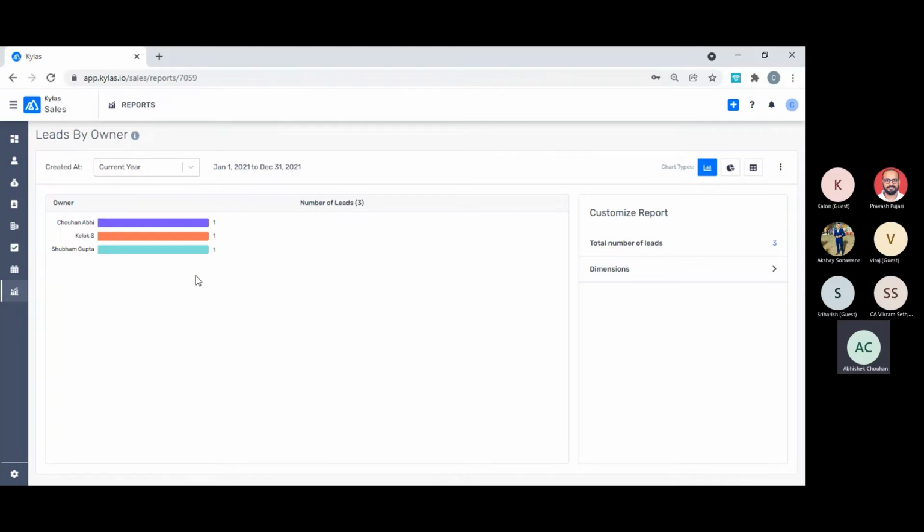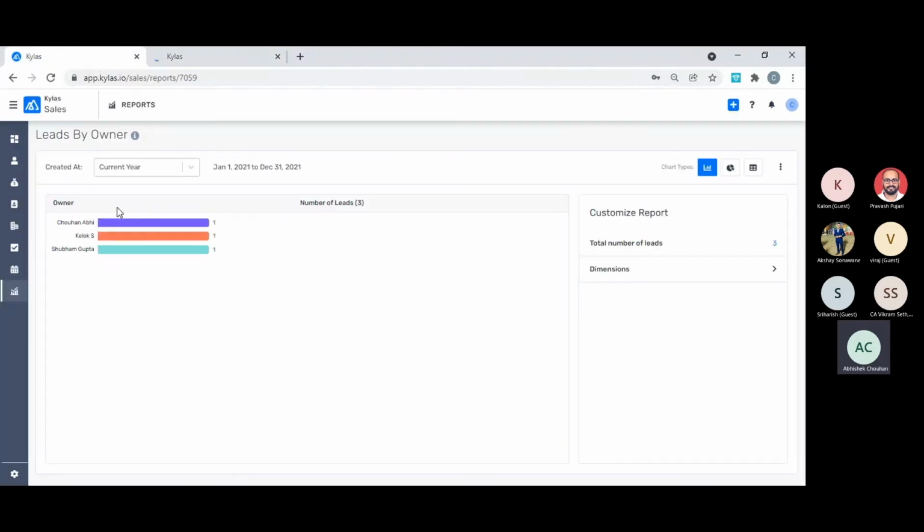Another important thing that we want to see at the time of report viewing is the actual data. It's good that we are showing there is one lead coming from Pune city assigned to Chauhan Abhi, but which is that lead? I'm interested in that. So I'll simply go to that number and click on it, and it opens up the listing page in a new tab.